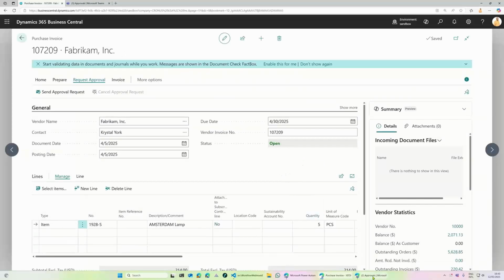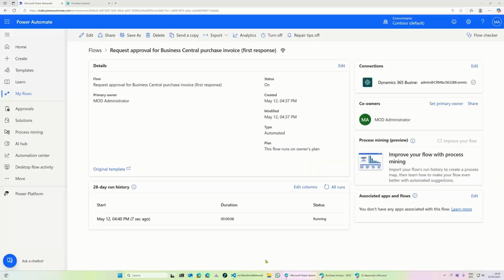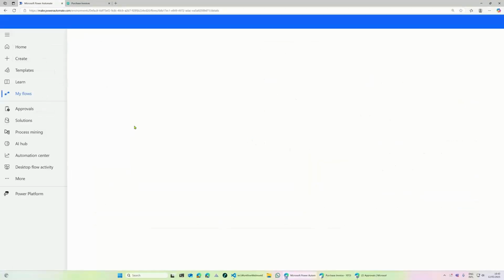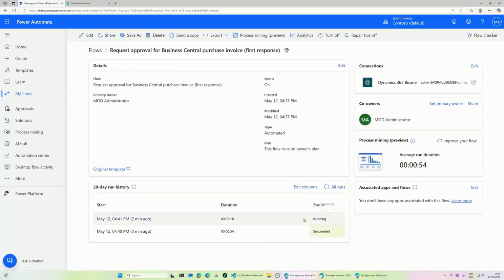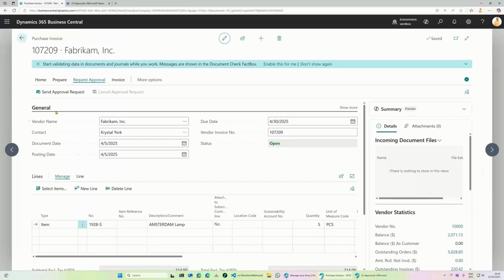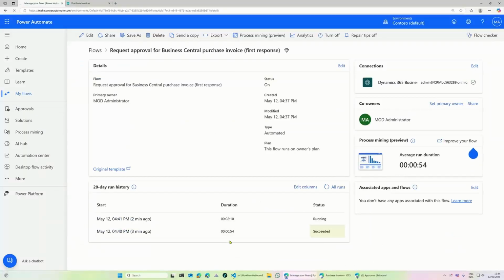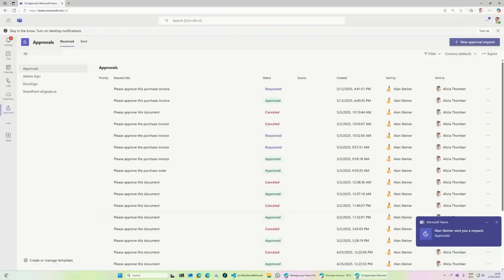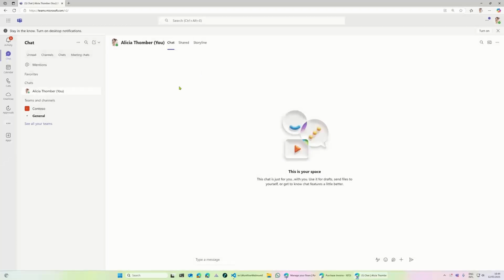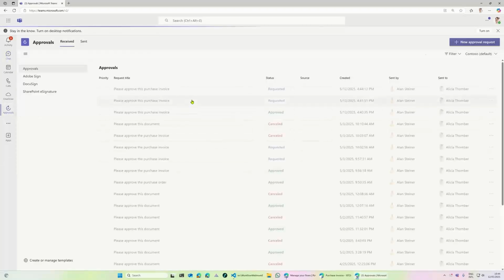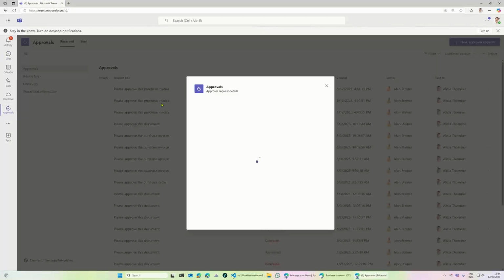So at this point, the Power Automate flow here is still running. You see, it's running, it's waiting, but it was cancelled. So if the user now sends another approval request, let's do that. The flow here will have 2 of them. And they're actually waiting for the same document. So here I have, let me refresh this one. Here I have 2 approvals, 2 approval requests for the same invoice.